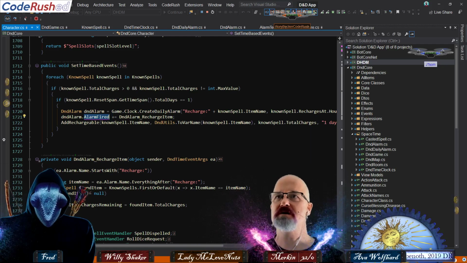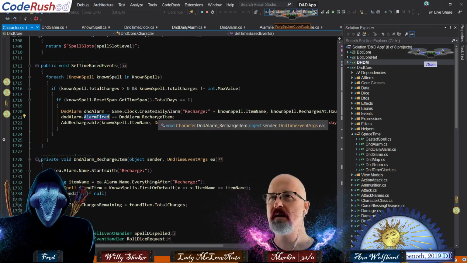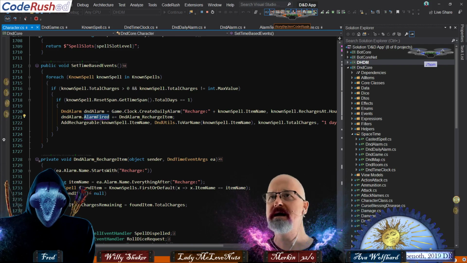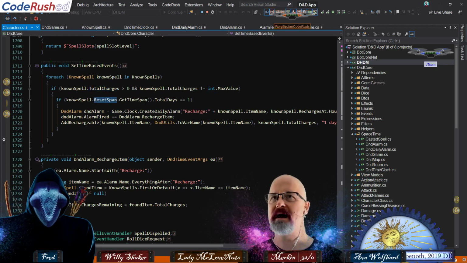So on the recharge item right here, these are my known spells, and we've got total charges here, and if the reset span total days is equal to one day, so it's a daily alarm, then I'm going to set it.